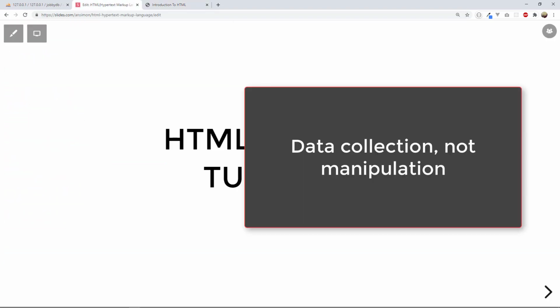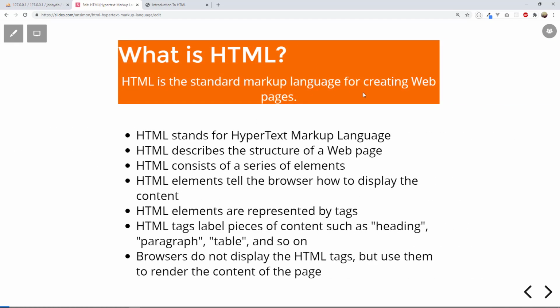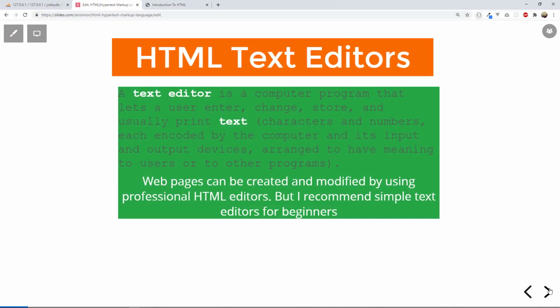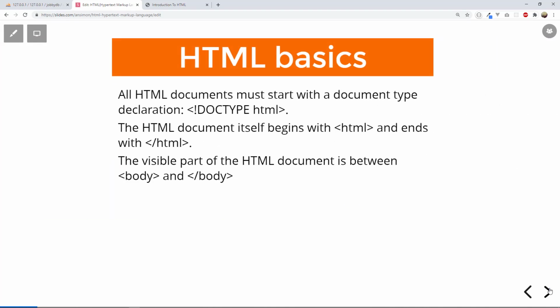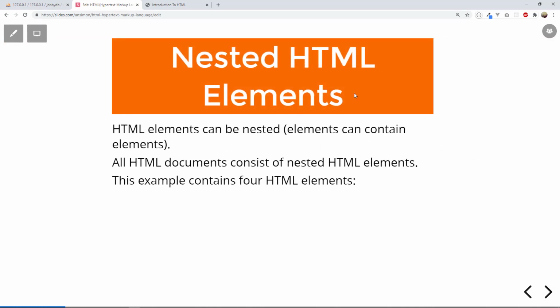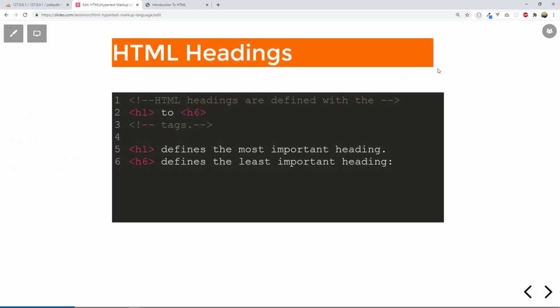Now, maybe you can just look at the things that you are going to cover. I just have some slides here. The first is the introduction to HTML. And then after that, you look at just a simple HTML document. Then you move on to looking at text editors, and then HTML basics. You start looking at HTML elements, one after another. And then we look at the nested HTML element, the nesting concept, of course. And then we start with the headings,